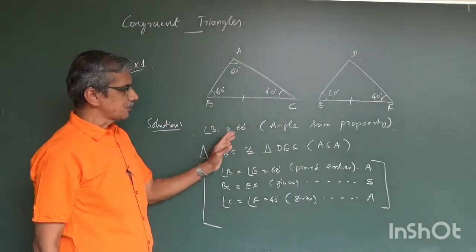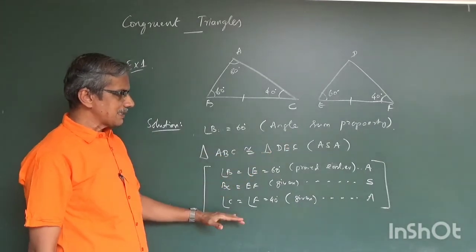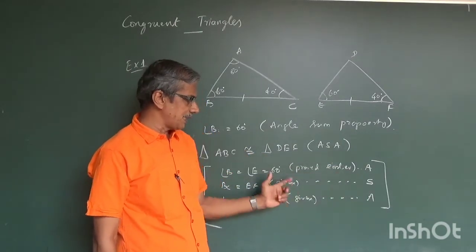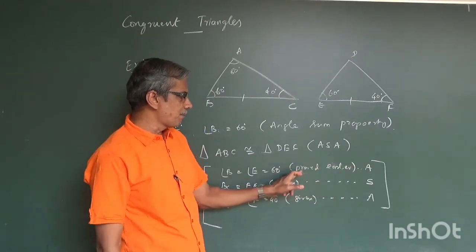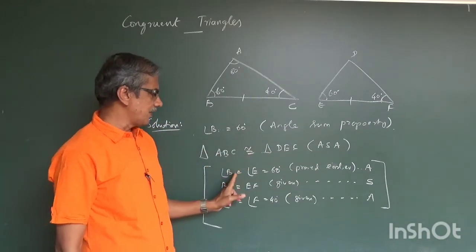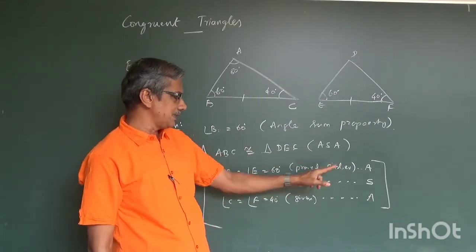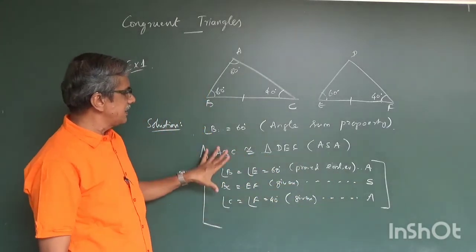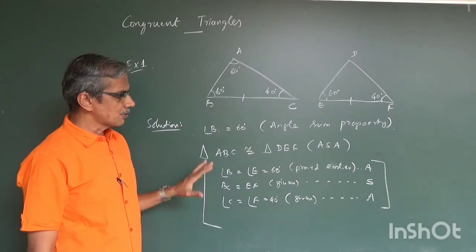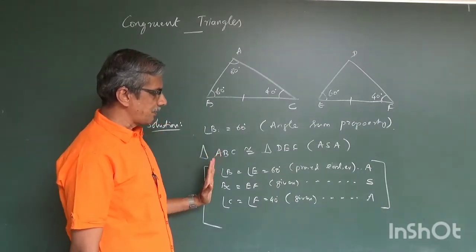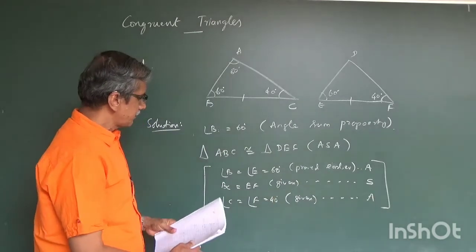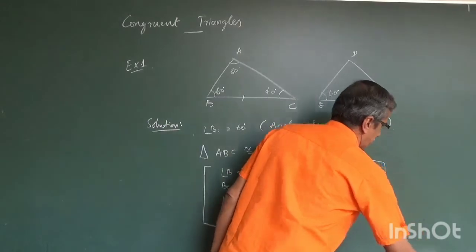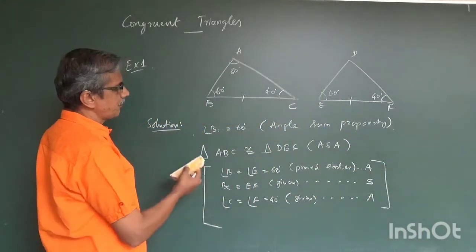So I have written that the two triangles are congruent, and the details in brackets, taking care of the sequence. I am writing the reasons also. This we proved here, that this is 60. Therefore these two are equal. So we have proved it earlier, and then we have written this sequence. You can write this first and then write this also. That is also okay. Either way it is okay. But I hope you understand. So therefore these two are congruent by ASA. I hope you understood this.